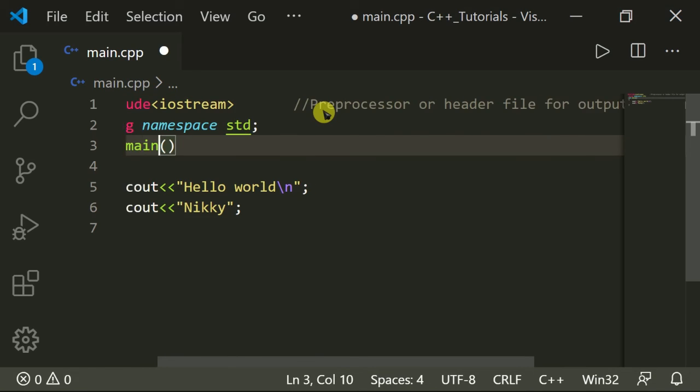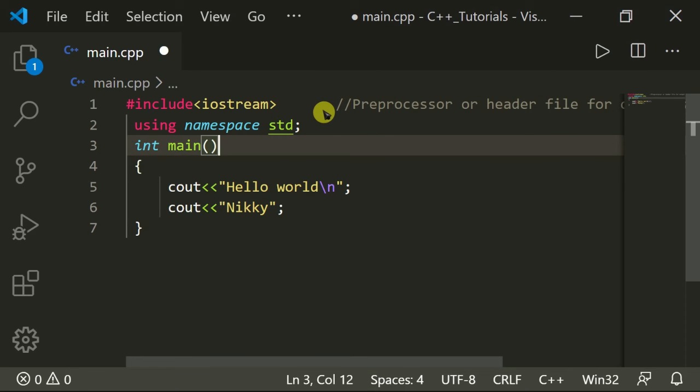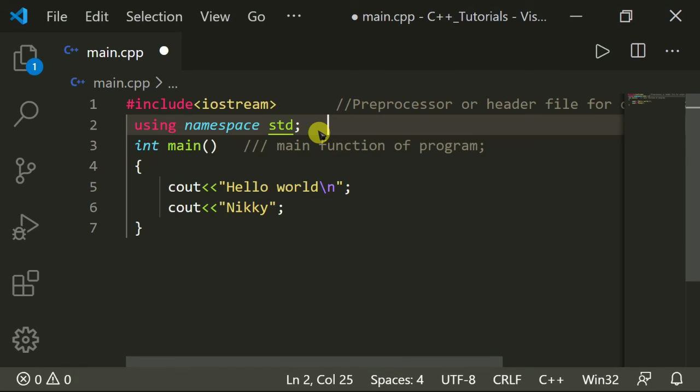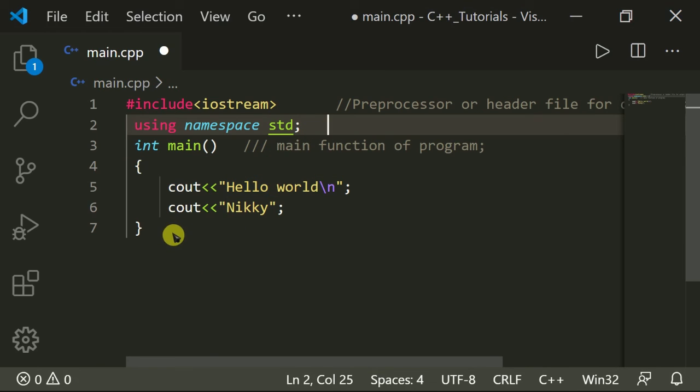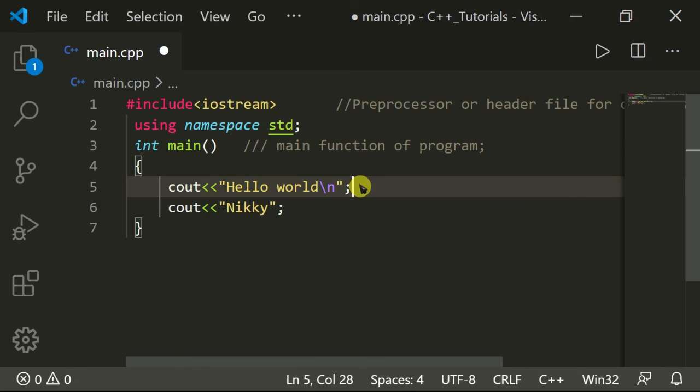And now what is this? That is our main function of the program. And this is our standard that tells our compiler to print the line without using std in every line. And what are these both lines?